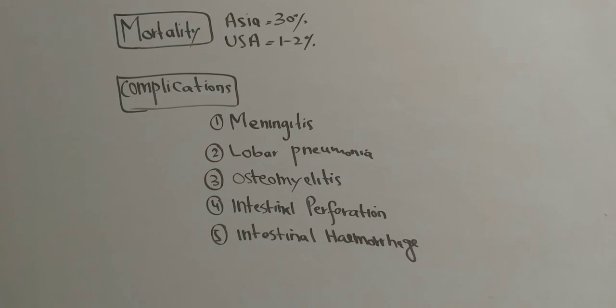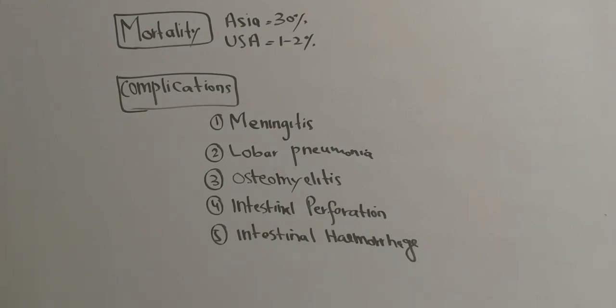What if the patient is either not treated properly or is not treated at all? Then the mortality in Asia and Africa goes higher than 30%. But in the developed world, especially the United States of America, the mortality of partially treated or untreated cases of enteric fever is 1 to 2%. And the same goes with complications. Complication rates are higher in the underdeveloped world as compared to the developed world. These complications of untreated or partially treated enteric fever are namely meningitis, lobar pneumonia, osteomyelitis, intestinal perforation, and